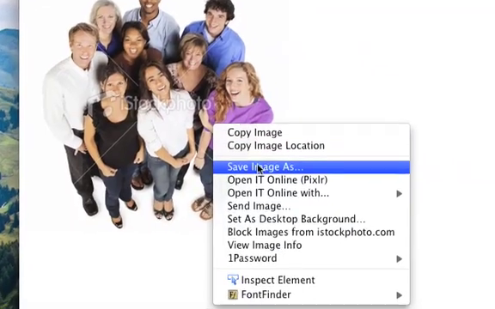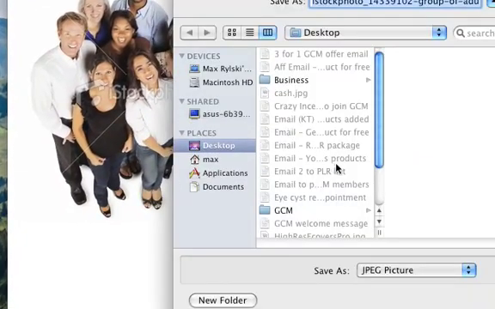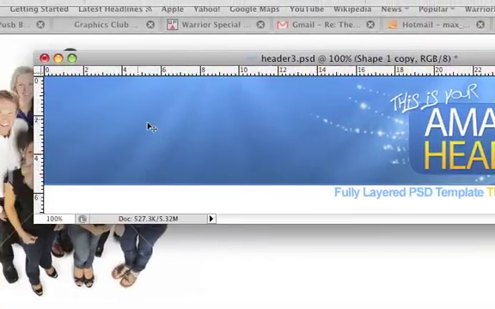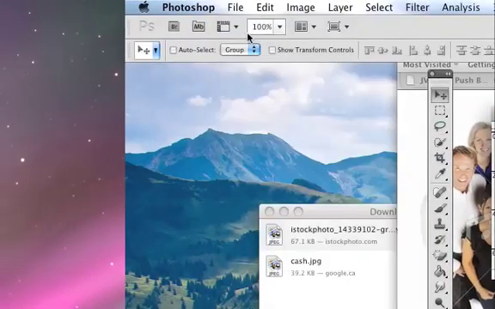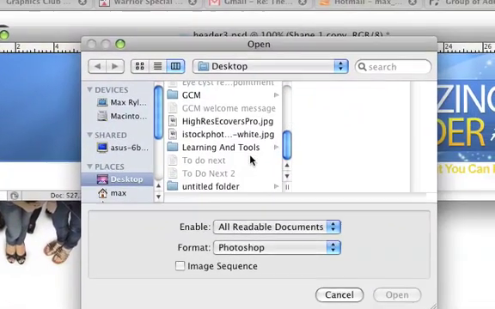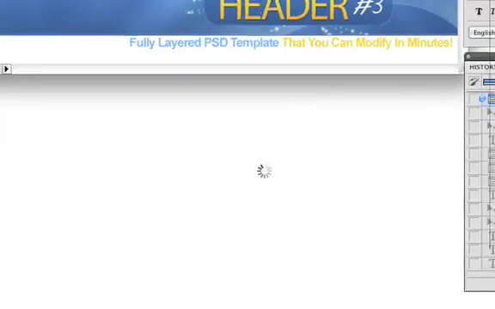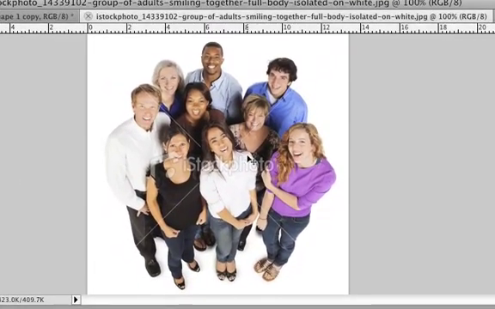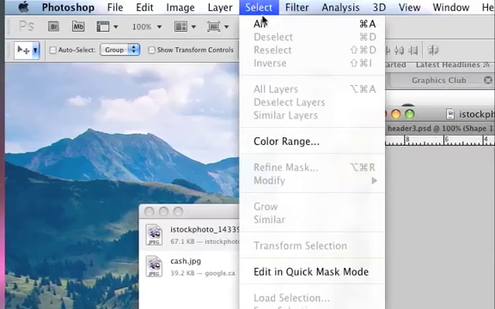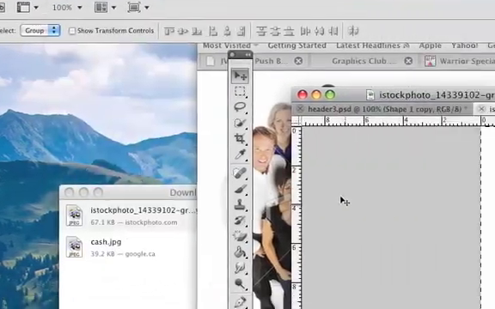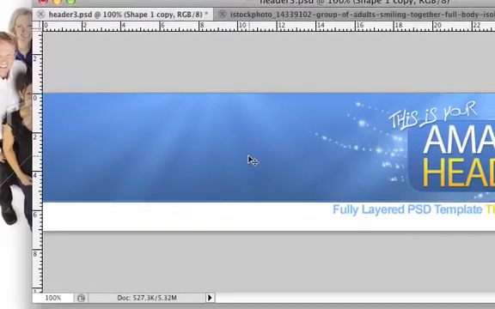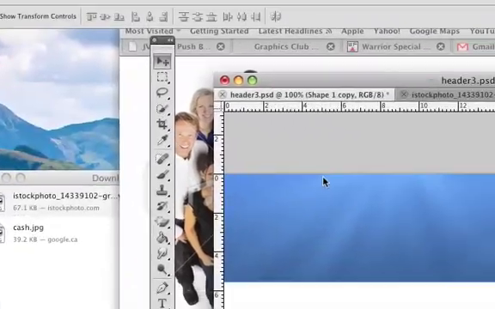For this example, we'll just download a sample image. We don't need the full thing. Okay, so I just saved the image. Now let's go back to Photoshop and let's add this into the header design. Okay, so let's go to File, Open, locate where we saved the image. Where did we save it? Okay, here we go. Open. This will open up the image into Photoshop. Now go to Select All, Edit, Copy, go back to the header, and now you can click Edit, Paste, and this will paste the image